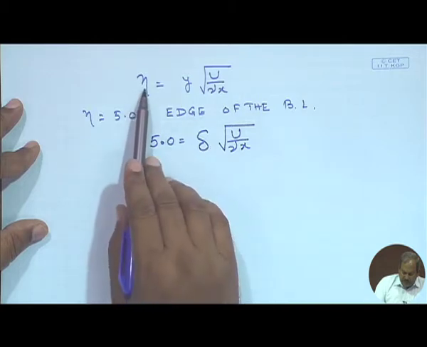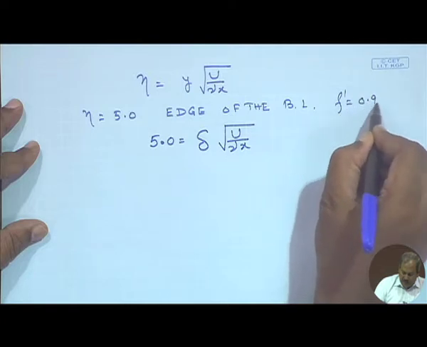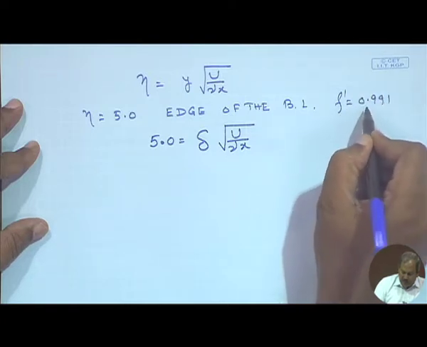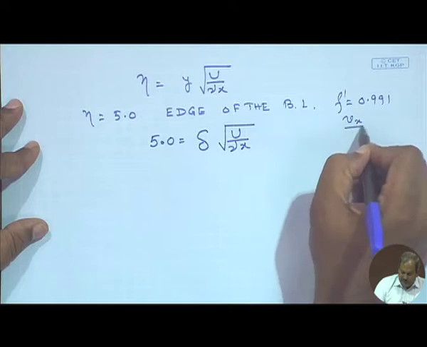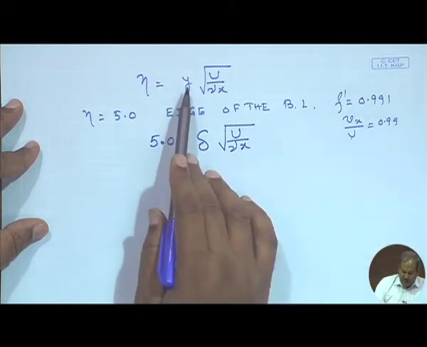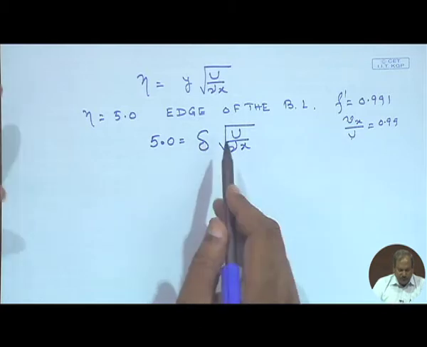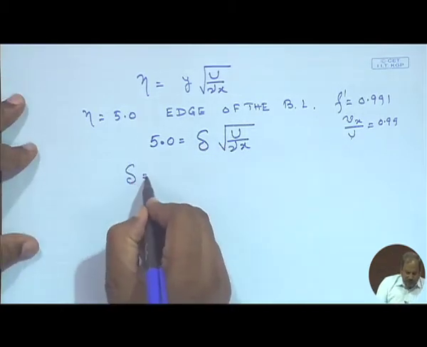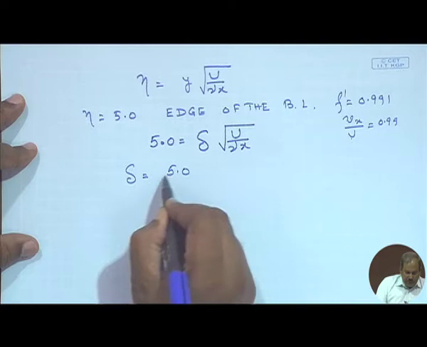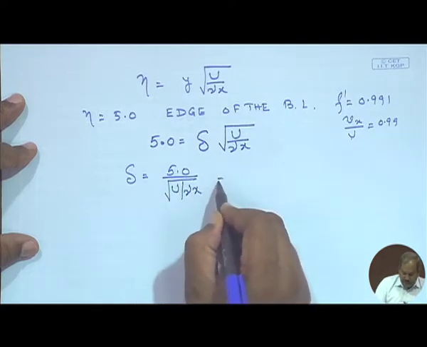Once again, for this value of eta, we have seen f prime is equal to 0.991. So, that is the velocity Vx by u is equal to 0.99. So, velocity reaches 99% of the free stream velocity, and at that point y must be equal to delta. So, you have an expression for delta from here as 5.0 times x root over nu by u x,